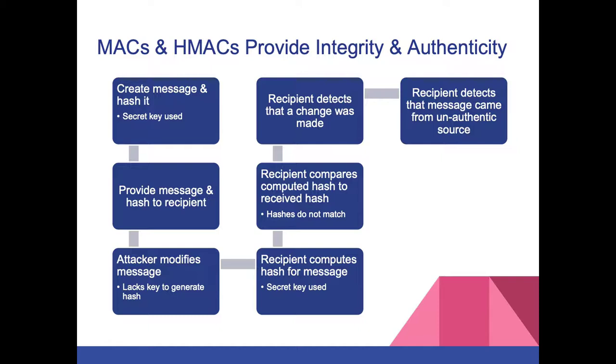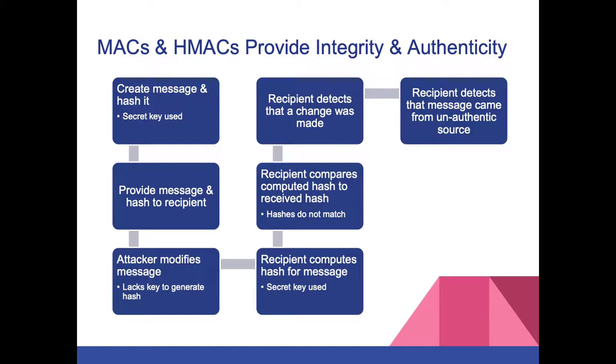Let's say that an attacker modifies the message. Again, maybe they hacked our website or intercepted our network traffic. The attacker wants to generate a new hash for the modified message and pass it along to the recipient. But the attacker doesn't know the secret key that we use to generate our hash. They can't generate a hash that will match what the recipient will get when they use our secret key to